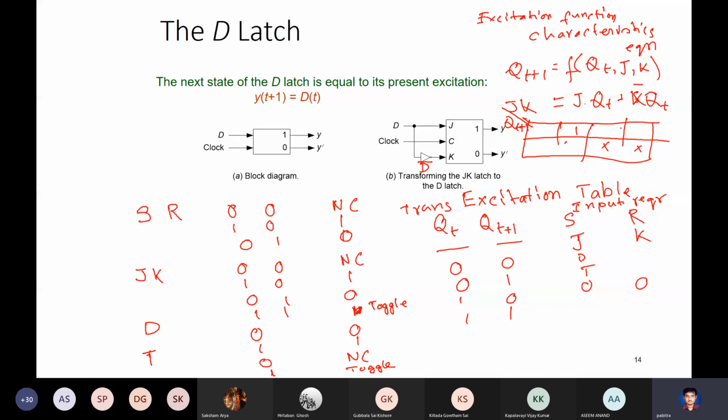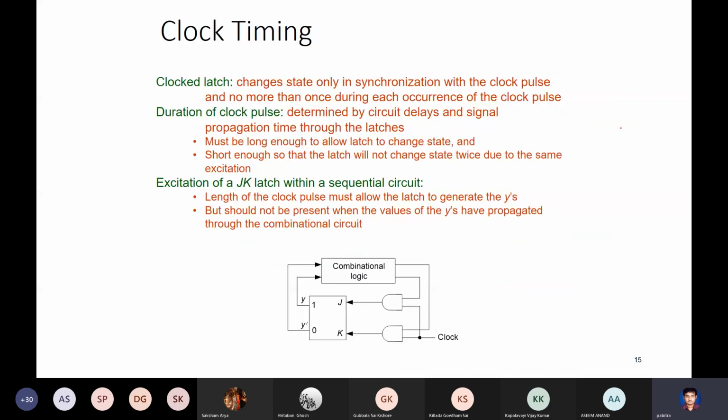Okay, but then this gives us a problem, because the width of the clock pulse now becomes dependent on the delay of the circuit. The clock pulse width should be determined by the delay, and you really don't know the delay. If you cascade gates, the delay will be more and so on. And you don't know which circuit you are using, which kind of logic you are using, CMOS or what. So it depends on that. So to solve this problem,